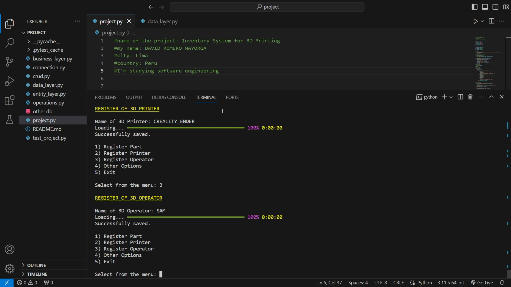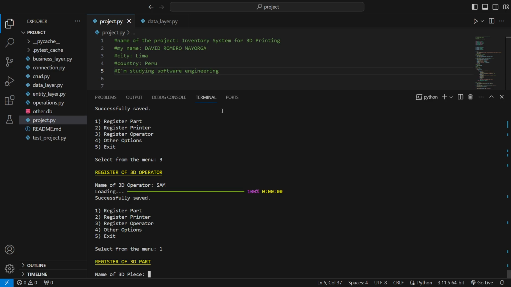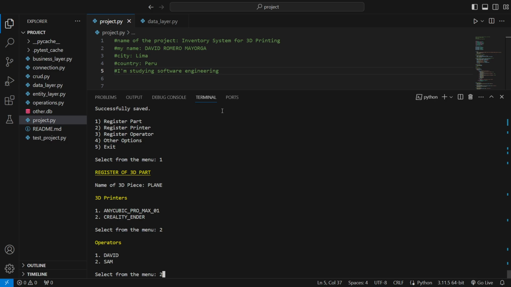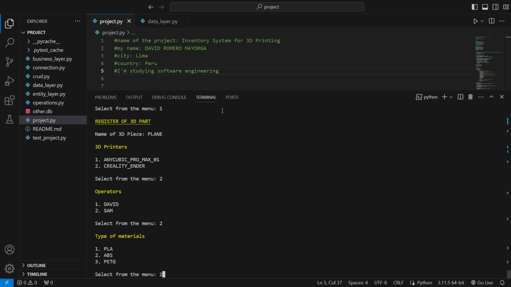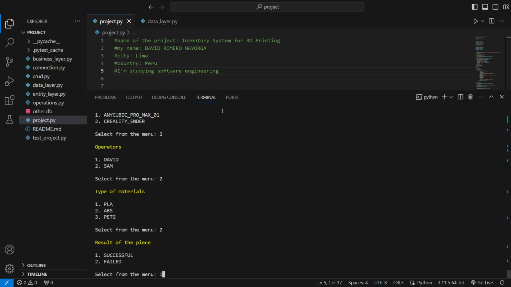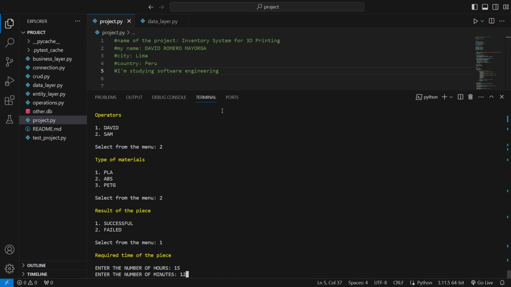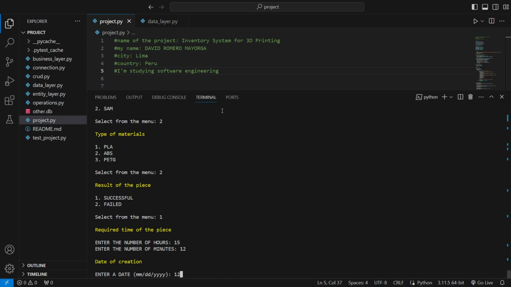Now you can register a new part because you have registered a printer and an operator. The name of your 3D printer, let's say it's, I don't know, plane. You can choose your printer, the Creality, operators. This is for Sam, and the material ABS, and the piece was a successful piece. Enter the number of hours, maybe 15 hours with 12 minutes, the date,